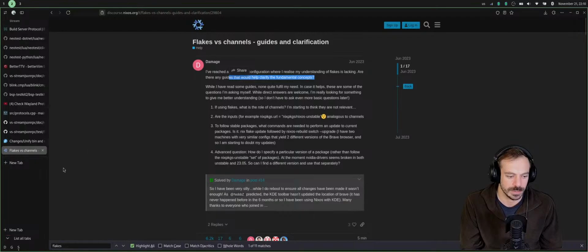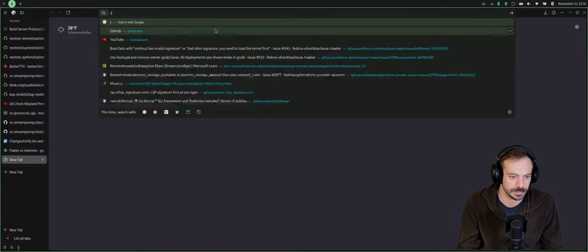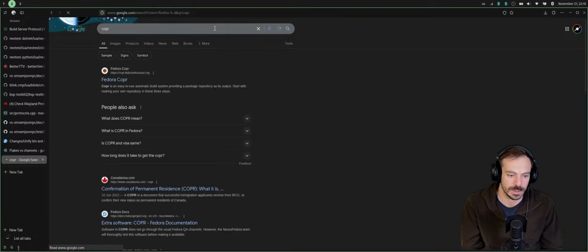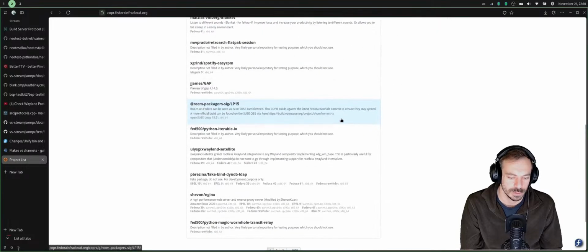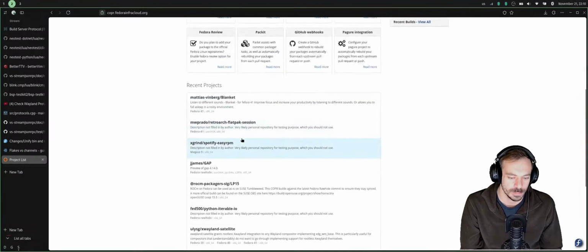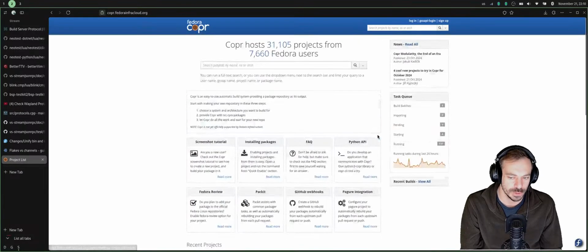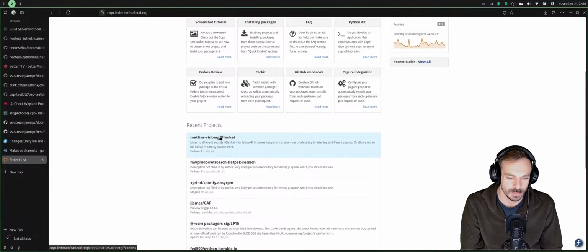Oh, it's something like on Fedora you have Copr, something like a package repository that is provided by someone.